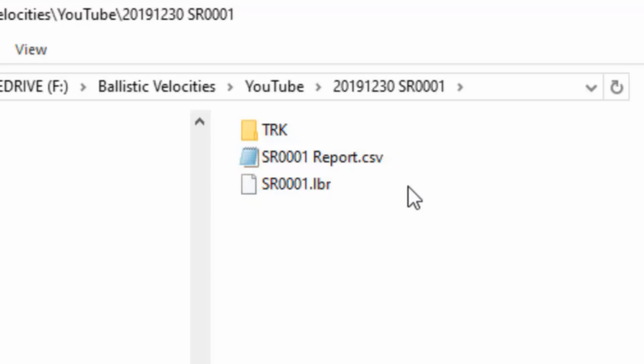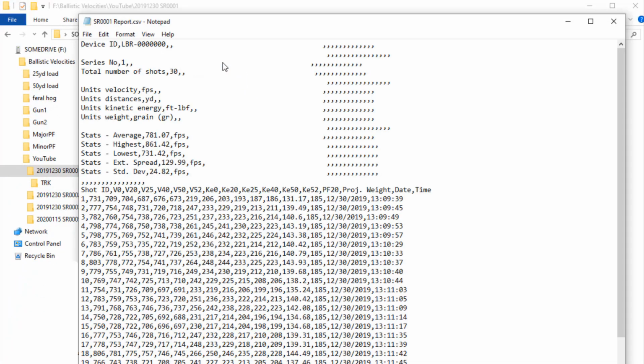Now, I have intentionally modified my computer, so it's going to open up the CSV file in the wrong application. I did that on purpose, so if it does it to you, you can see how to fix it. Ideally, when you double-click this, it will open up in your spreadsheet program, which for me is Microsoft Excel. Double-click it, and what it actually opens up in is a text editor known as Notepad.